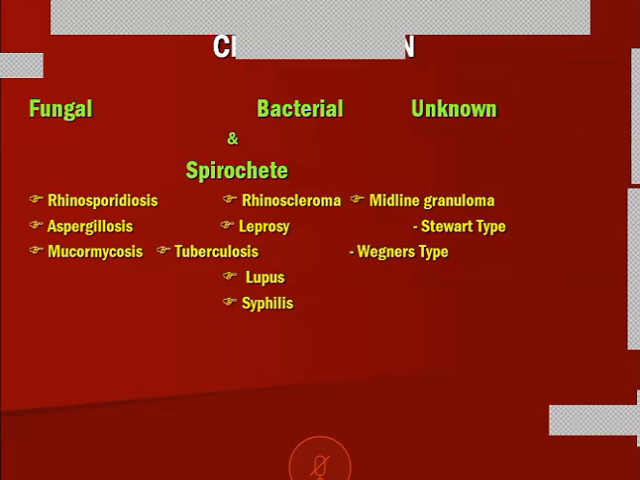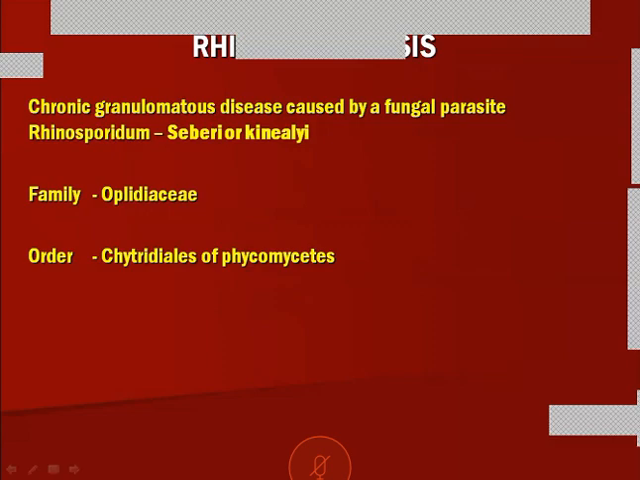There are lesions known as midline granulomas. One is Stewart granuloma and the other is Wegener's granuloma. These are the two types. This is the classification of the chronic granulomatous diseases. Coming to the